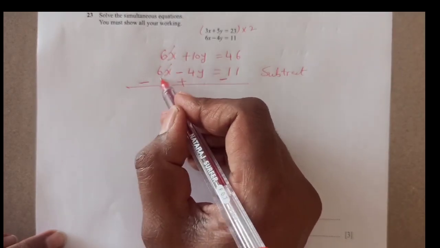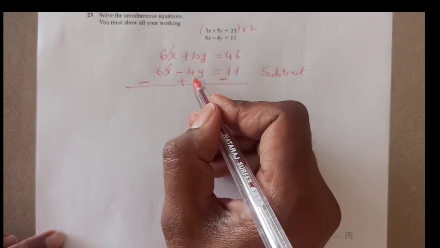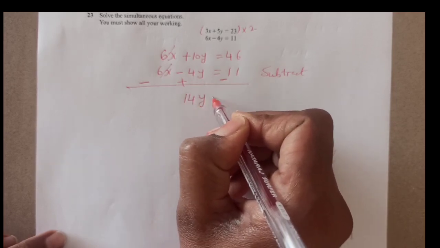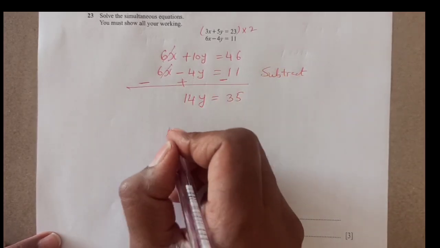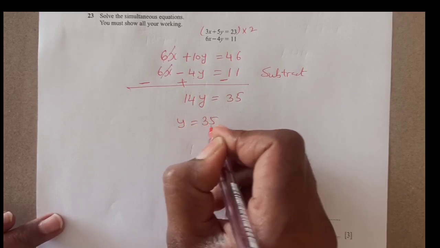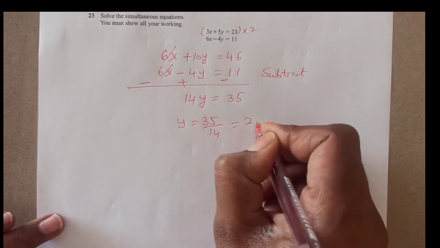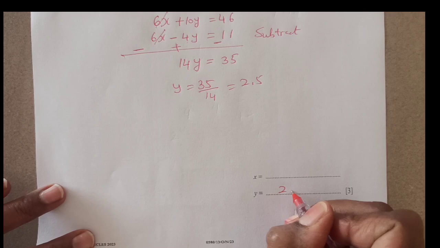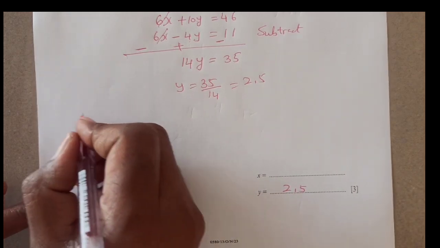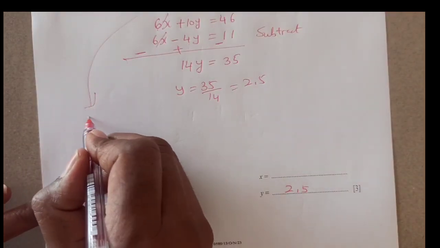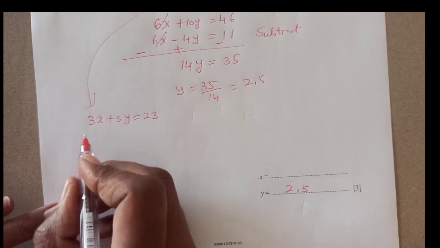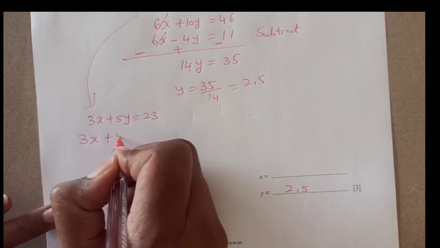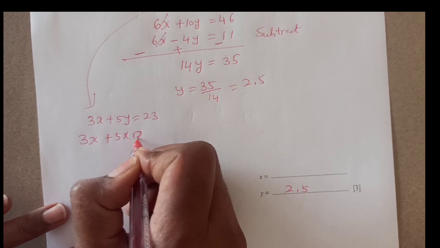So 6x minus 6x is 0, 10 plus 4 is 14, this is 35. Okay, so y is 35 over 14, which is 2.5. So we got y as 2.5. So take any of the equations. Let me take the first one, 3x plus 5y equals 23. So 3x plus 5 times 2.5